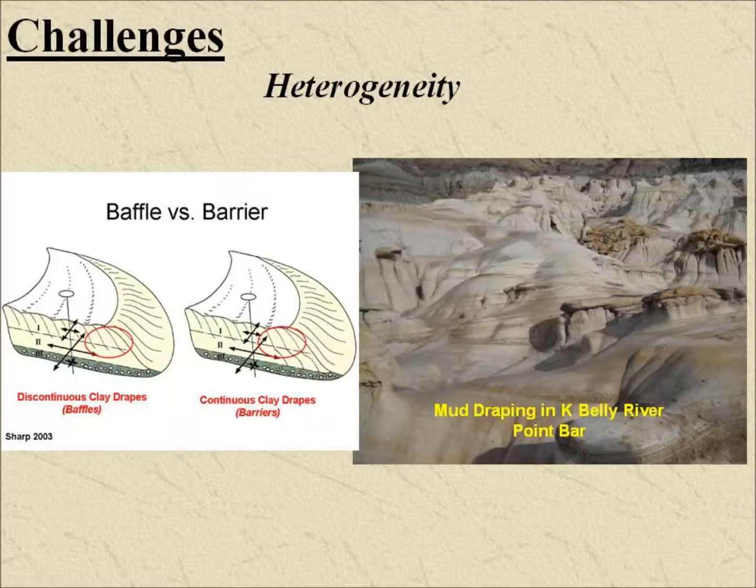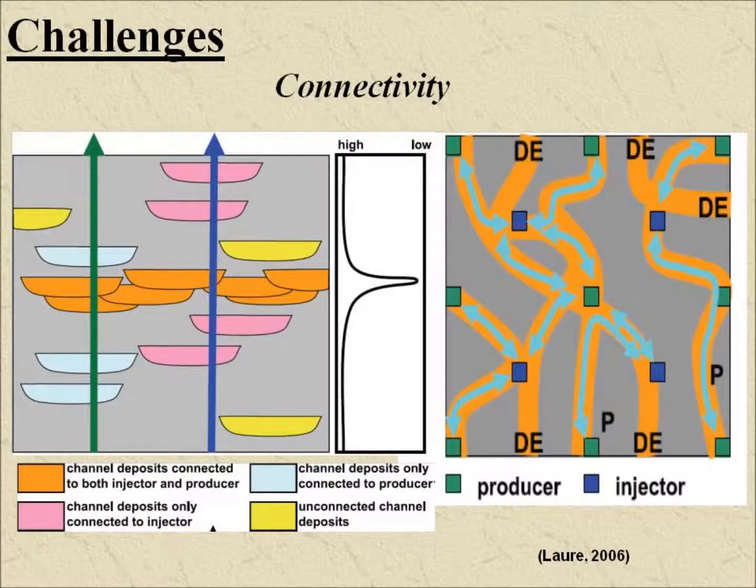First off, part of the challenges that we're facing when we're looking at sedimentary units is that within the sedimentary units that we thought were fairly uniform, you look inside and there's lots of little heterogeneous, little clay layers and so forth scattered around that actually baffle and direct the flow in directions that we don't particularly like. Probably the bigger issue is that when we start trying to draw